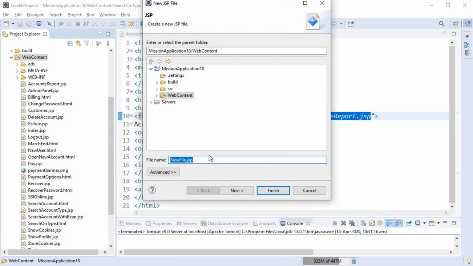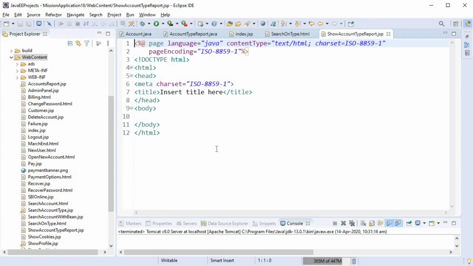Show account type report.jsp. Now this JSP is going to invoke the reporting bean. So as a formality, some heading will be showing here. Now showing account report from bean.